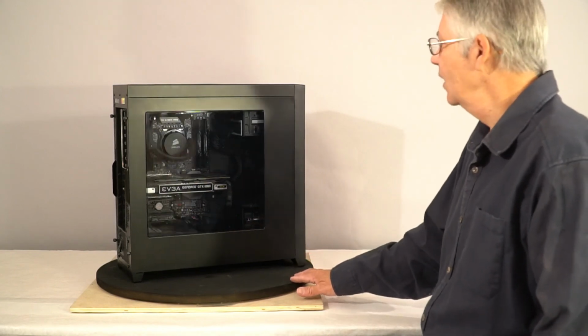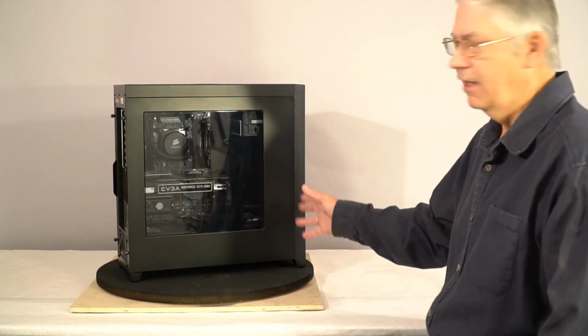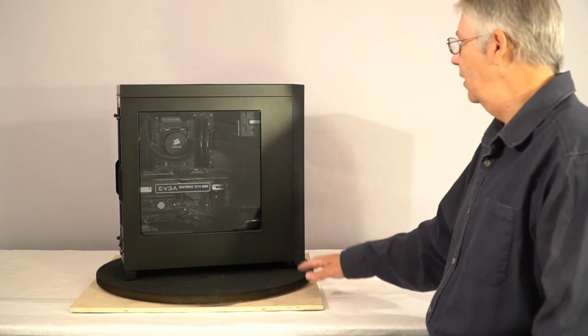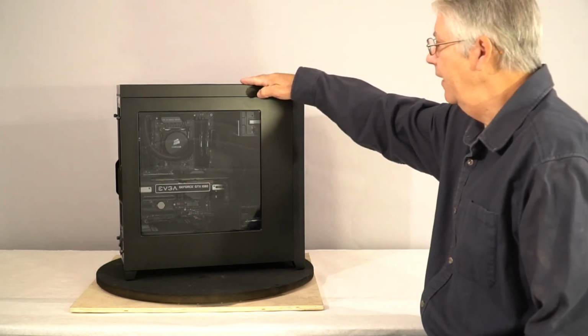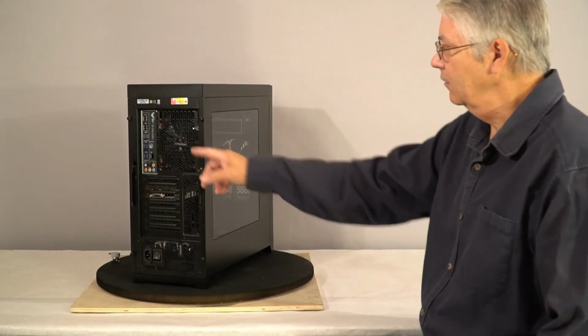One is this is a hybrid cooling system. It uses a radiator and fans, a liquid radiator and fans. It cools the CPU and the GPU. Essentially, it's a positive pressure airflow case. There are twin 140 millimeter fans on the top, and twin 140 fans in the front, and a single 120